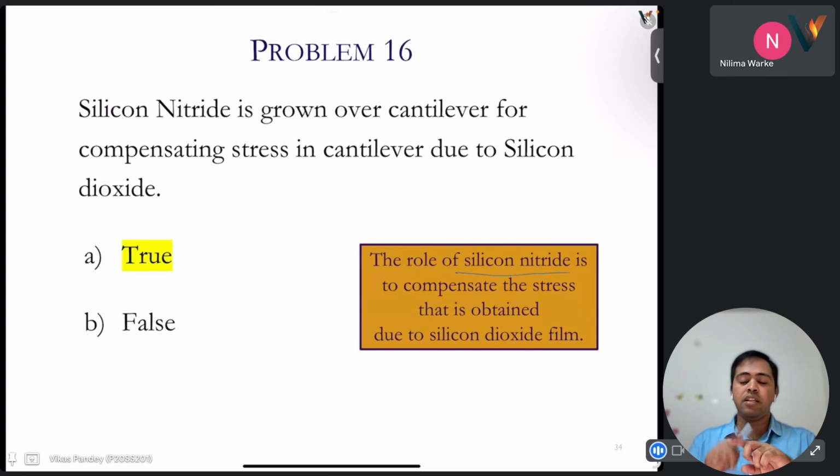So there is a stress in SiO2, then another counter stress occurs and it gets cancelled out. Okay,